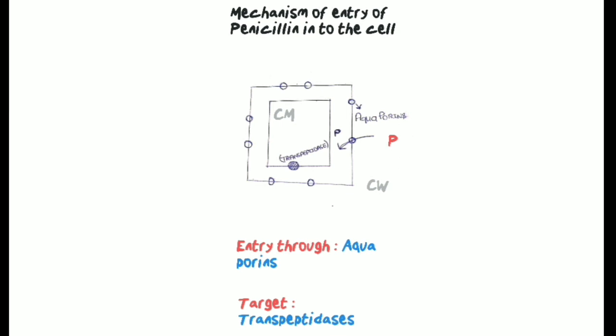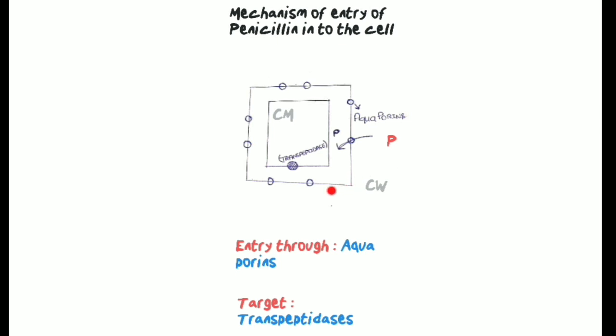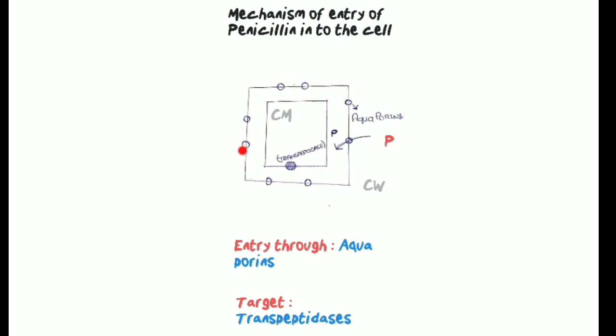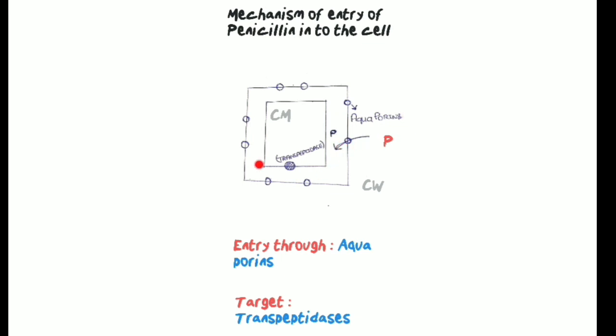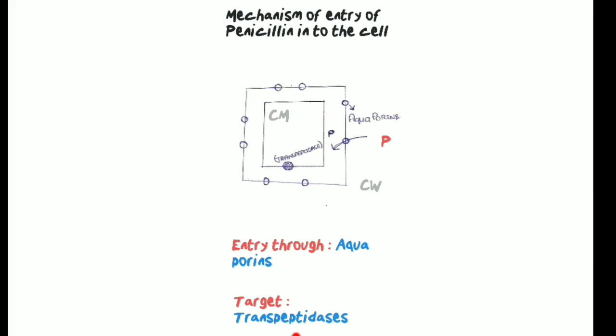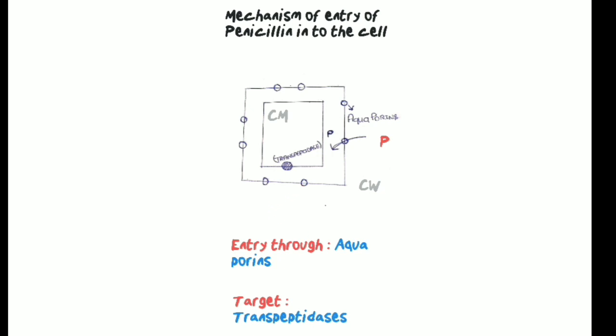As I told in my previous video, the site of action of penicillin is the cell wall, since they inhibit the cell wall synthesis. So let us consider this entire thing as a bacterial cell consisting of a cell membrane surrounded by a cell wall. You can see tiny dots in the cell wall, which are called aquaporins, through which the penicillin enters into the cell, that is the periplasmic space, so that it can go and act on its target enzyme, that is transpeptidases. So entry of the penicillin is through aquaporins and its main target is the enzyme transpeptidases, so that it goes and binds to the transpeptidases and inhibits its action.